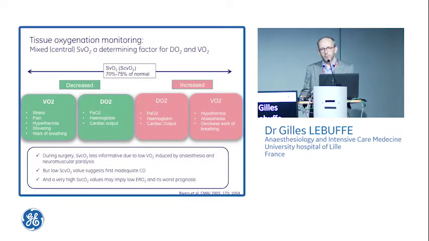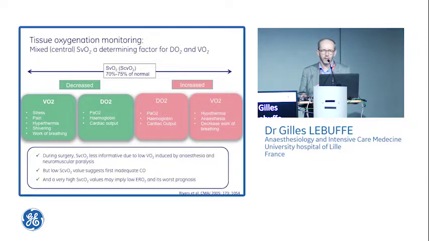From time to time, it's necessary to have more information. And you have to get some tissue oxygenation parameter monitoring. And we can get this easily with the venous oxygen saturation, and more particularly the central venous oxygen saturation if you have a central venous catheter. You take a blood sample and you can measure your venous oxygen saturation. The normal threshold of this parameter is 70%. And we know that this